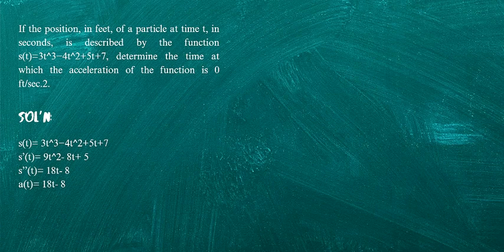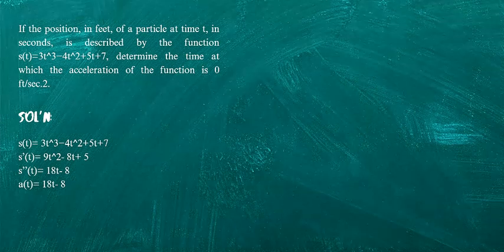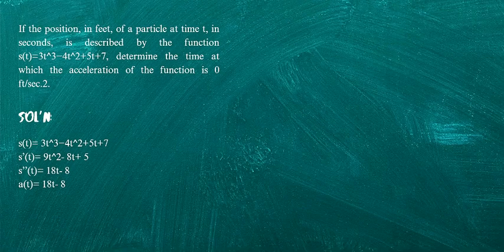Use the acceleration function from step 1 to answer the question. This may involve substituting a value in for t, or may involve setting a function a of t equal to some value and solving for t. Since we want to find the time when the acceleration is 0, we need to set the acceleration function equal to 0 and then solve for t.